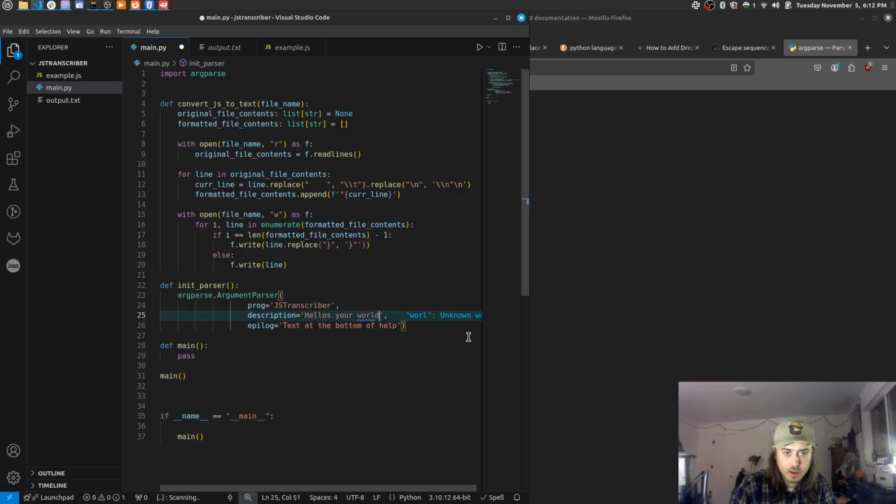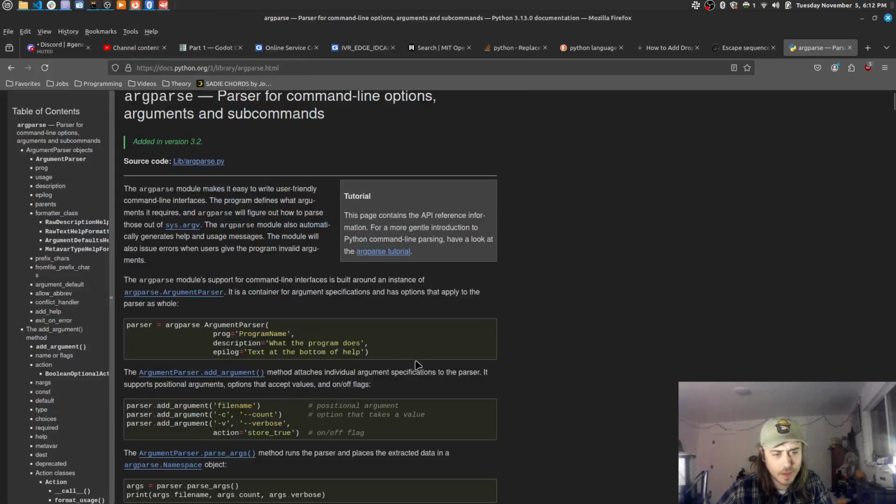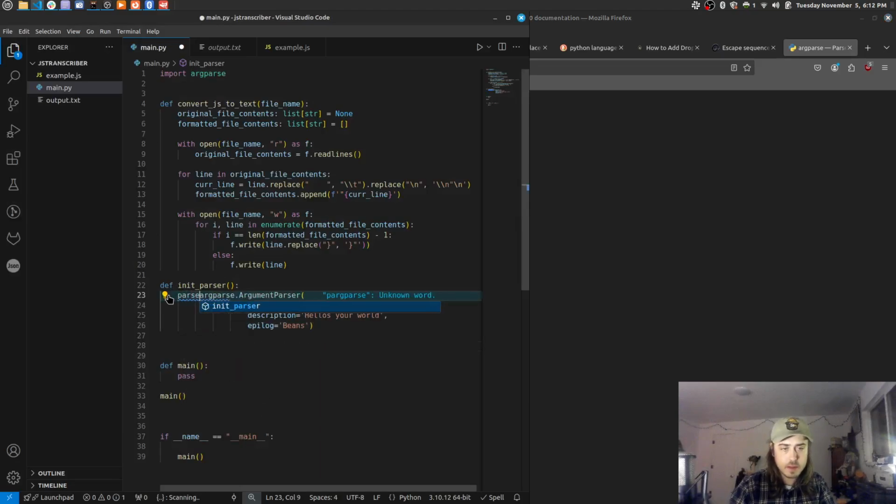Hello world. Beans. Okay, here's where we actually add arguments. So we want parser equals